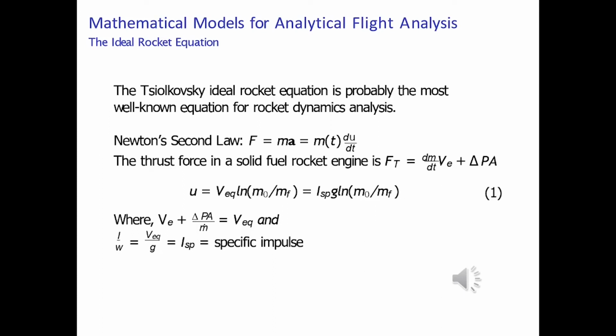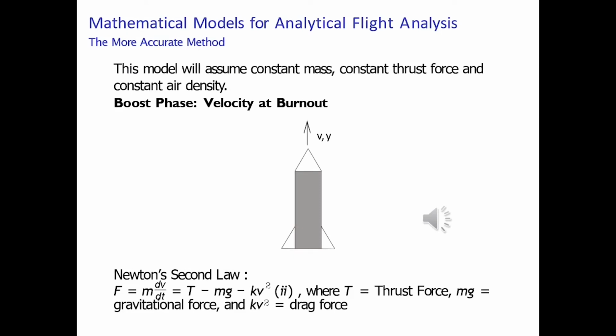So this way we have our ideal rocket equation. If you want to see the detailed derivation, it can be found in the reference below in our complete paper, because I will only talk about it shortly here. As I've mentioned earlier, we won't be using the ideal rocket equation to analyze our flight or calculate our apogee,